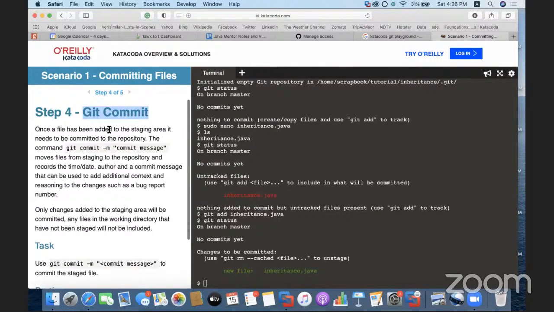So once a file has been added to the staging area, it needs to be committed to the repository, okay, which means now this repository can be on github.com or can be anywhere. So the command git commit hyphen message and the commit message which you want to give, that what have you updated in the last commit, तो उसके बारे में आप लिख सकते हो कि आपने क्या ऐड किया था, जो फाइल आपने अपडेट करी है उसमें क्या अपडेट्स किए थे, तो जस्ट एक डिस्क्रिप्शन आप दे सकते हो।